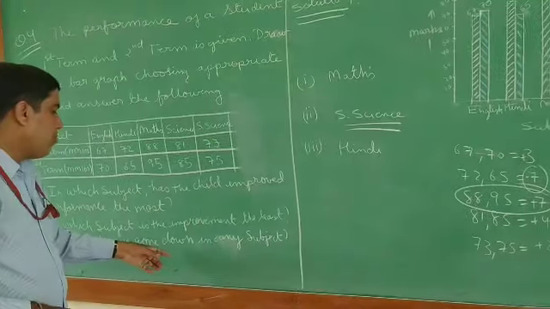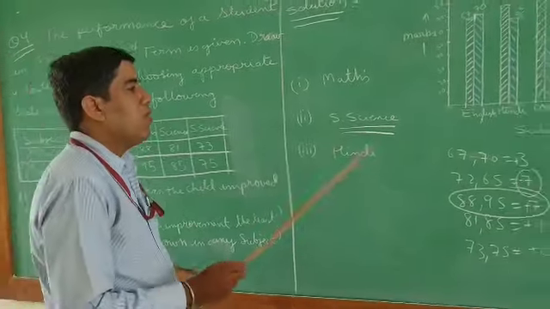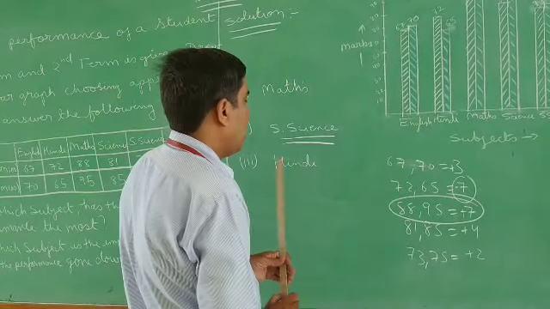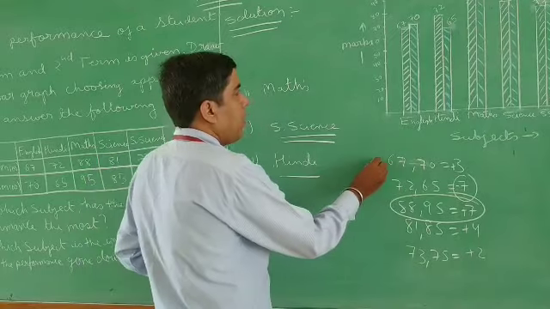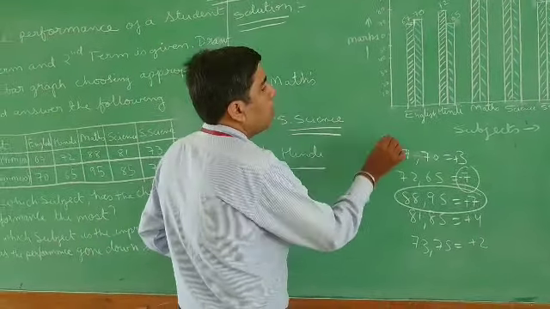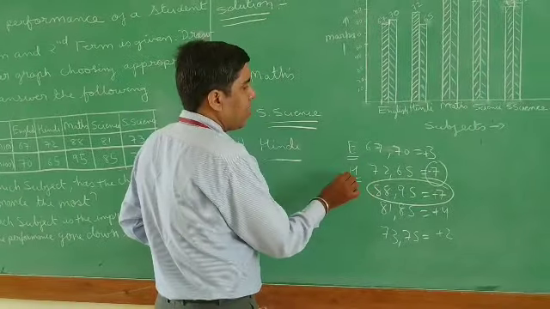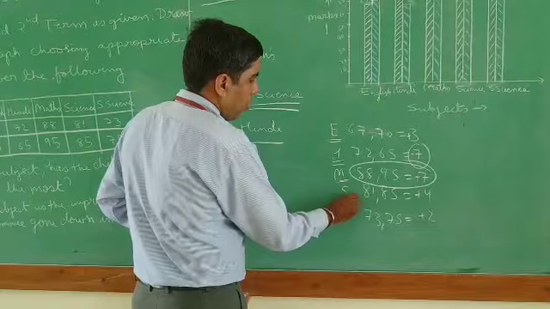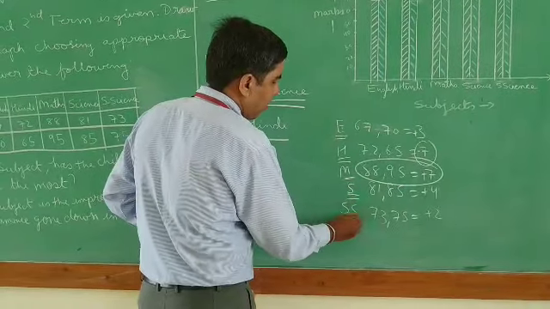Now, has the performance gone down in any subject? So you can see here which subject negative is coming, minus 7. It is Hindi. So Hindi. Let me write here, subject. I am writing in short. It is English. Here I am writing in short as Hindi, here maths, and here science, and writing social science as SS.